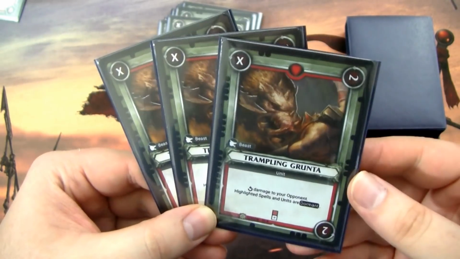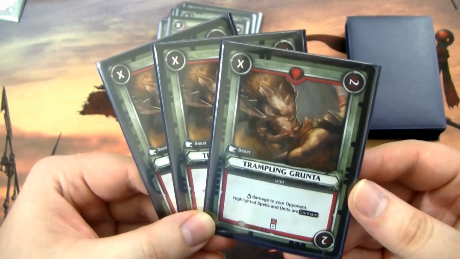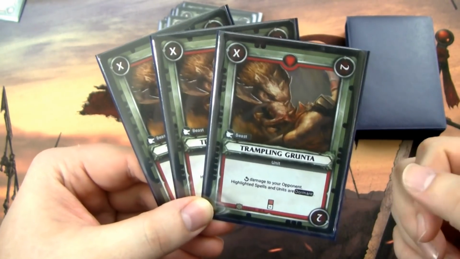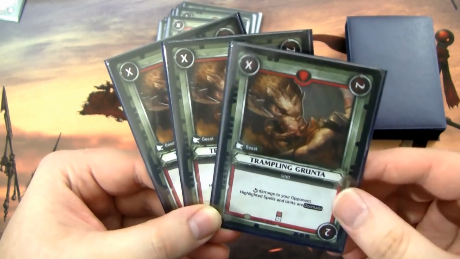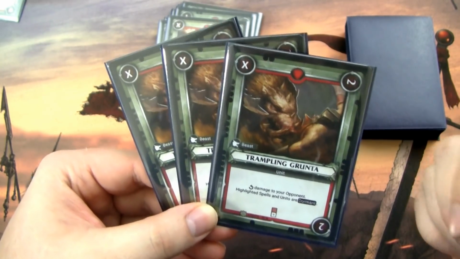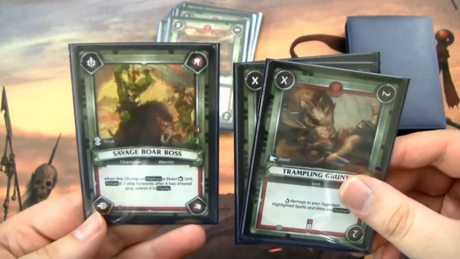Next up we have our only other non-Auric unit in the deck, Trampling Grunta. This dude is a house. He deals nothing when he comes into play, then he does 2, and then he does an additional 2. And he also has another ability, highlighted spells and units are dormant, so he basically shuts down the units and spells across from it. Really good card, and another really good synergy with the Savage Boar Boss,